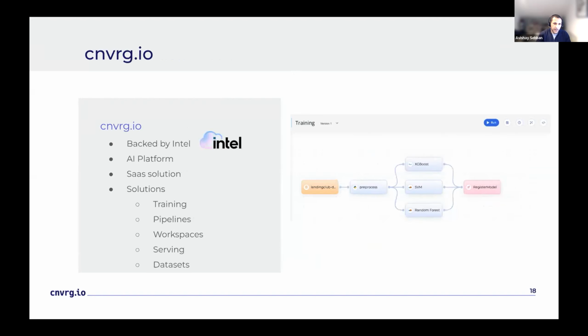So here, Converge can definitely help data scientists who are new to Kubernetes or may not have experience deploying and running model experiments and training on Kubernetes. And Converge, which is part of the Intel company, is an AI operating system that simplifies the entire machine learning workflow from data preparation to model deployment.